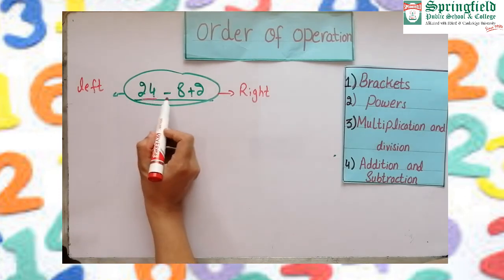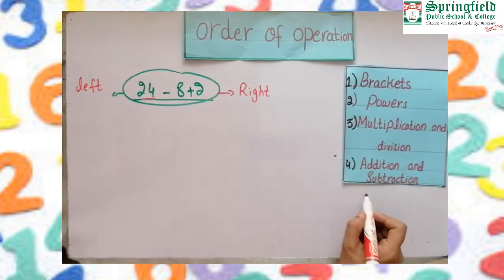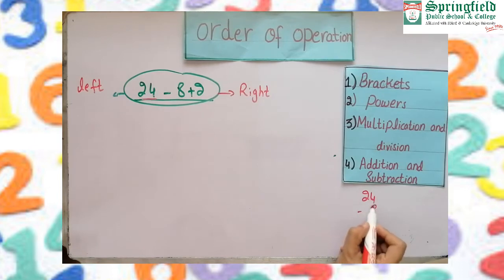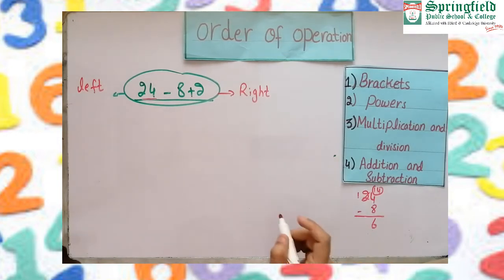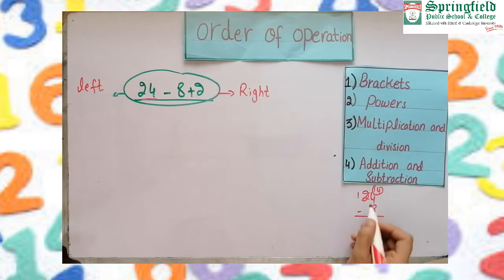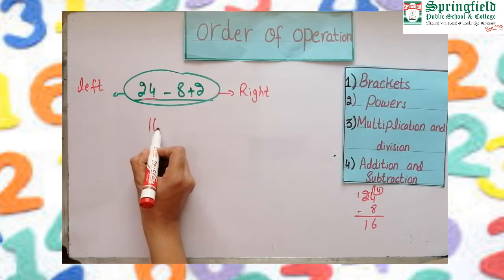So first we will subtract 8 from 24. 24 minus 8, what will be the answer? 4. Can we subtract 8 from 4? No. So we will carry from 2. It will become 1 and it will become 14. So we will subtract 8 from 14. What will be the answer? 6. And 1, so it means 16. When we subtract 8 from 24, 16 is your answer.